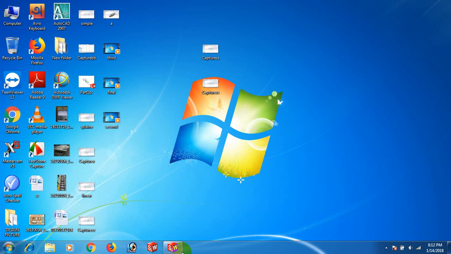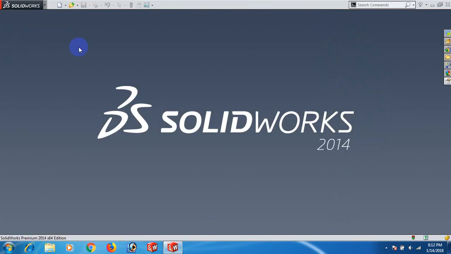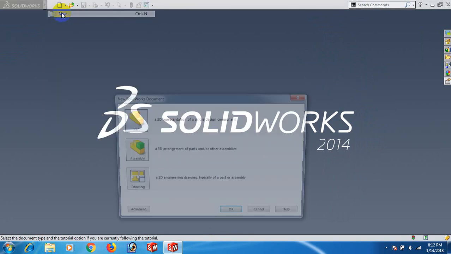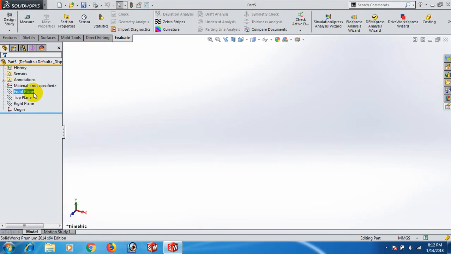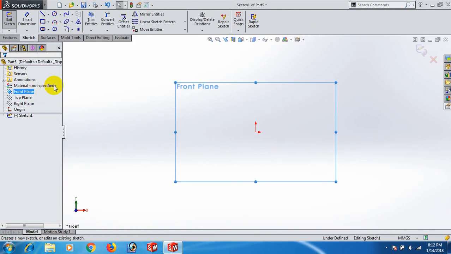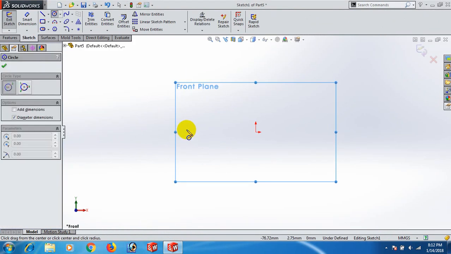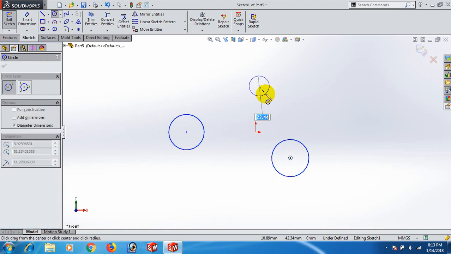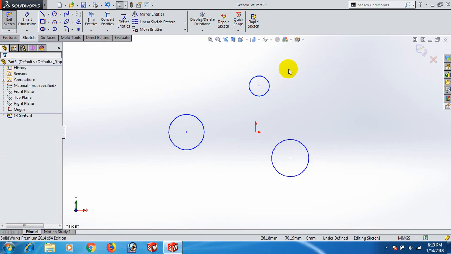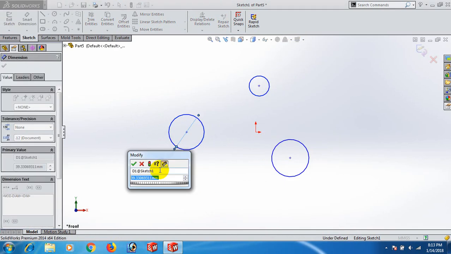We'll learn it. At first open the SolidWorks software, then go to File and click New and Part, click OK. Now go to front plane and sketch. Now draw the circle here and draw the other circles. Select. Now give the circle dimension 100, 35